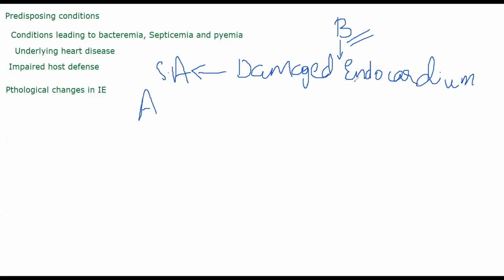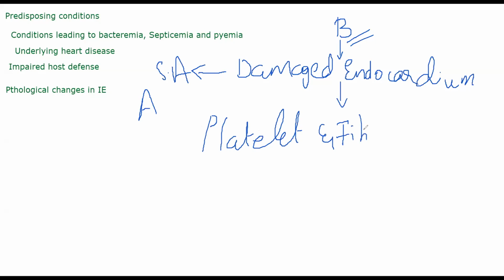When there is damage to your endocardium, inflammatory reaction will occur. Platelets will rush to that place. When there is damage, bleeding will occur, and when there is bleeding, platelets have to come, right? So platelets and fibrin, both of them will start getting deposited, trying to plug that hole, right? Whenever there is a small leak in your blood vessel, your thrombocytes and your fibrin come and clot formation will occur. The clotting cascade will come into picture.